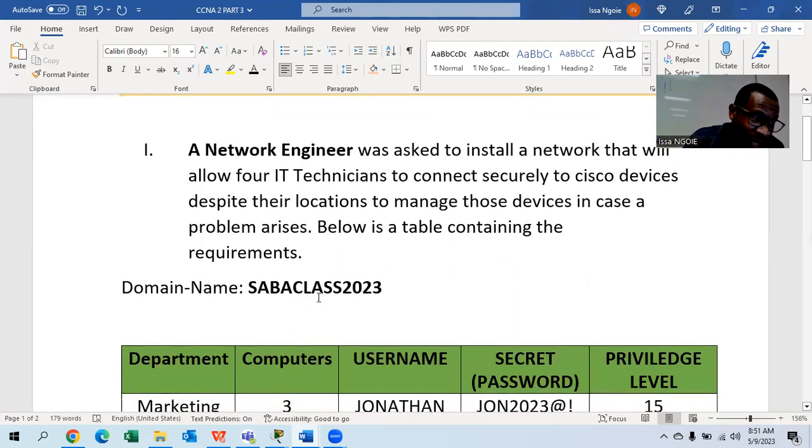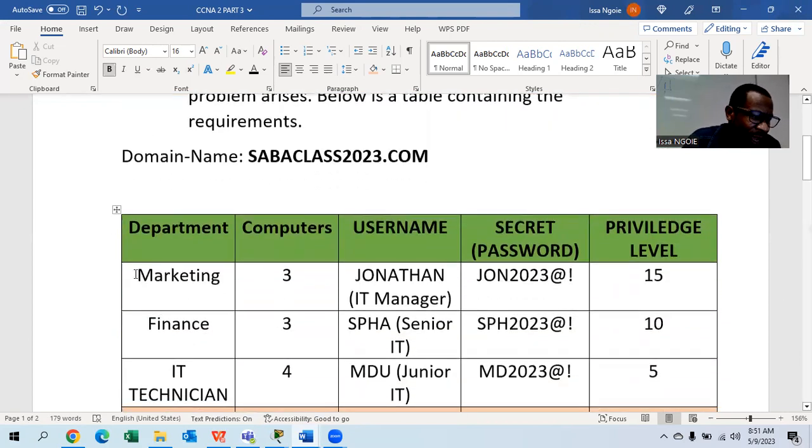And you got your domain name, so I can even say .co.ca, or just say .com, the easiest one. And you got the departments. Remember that those are the departments, and those are the computers